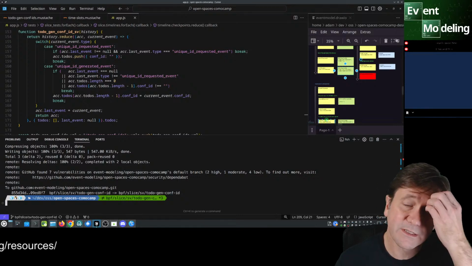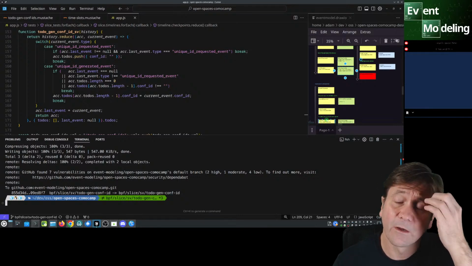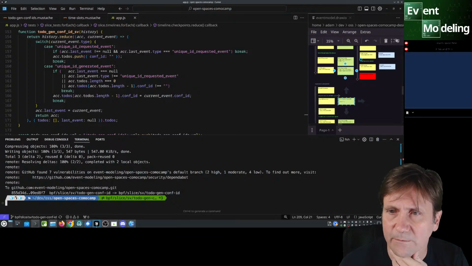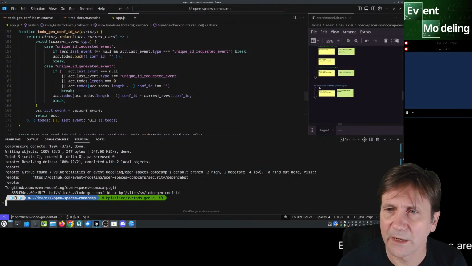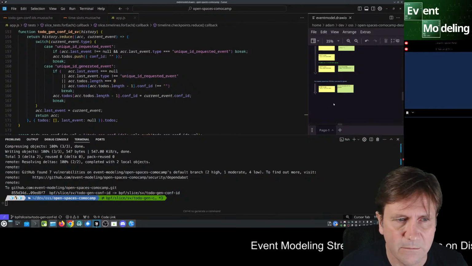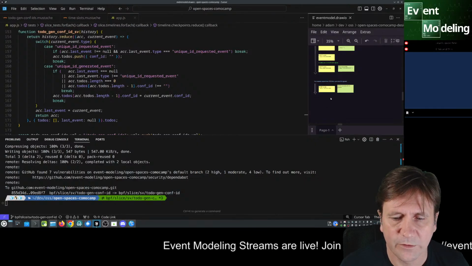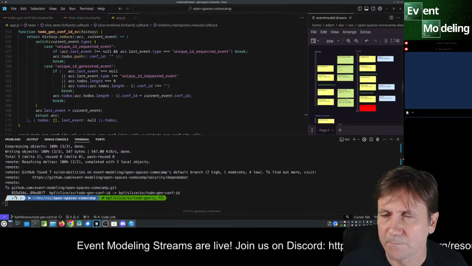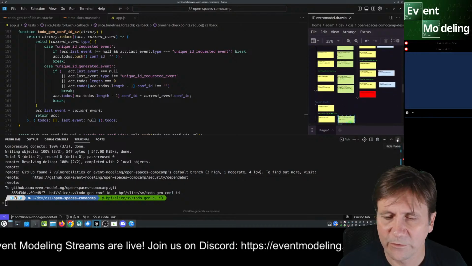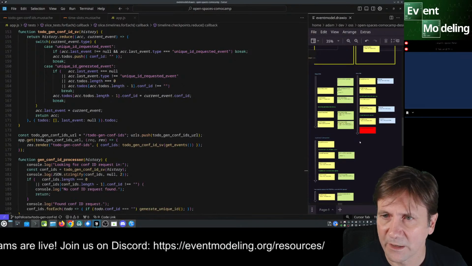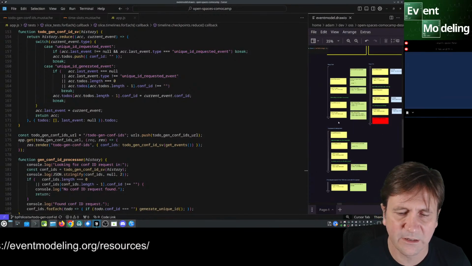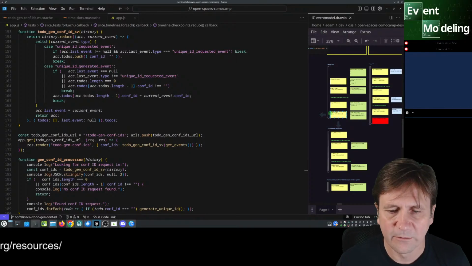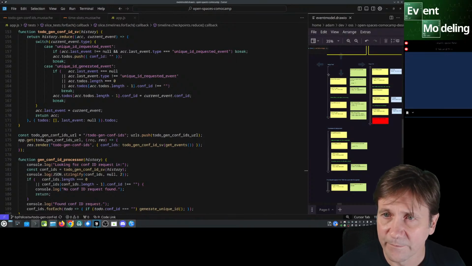Let's see if I can copy this as an image and let AI generate the code for testing this slice, as we did before. If you don't remember, this was one of the aha moments for why AI doesn't hallucinate and does such a wonderful job with event modeling and event sourcing.